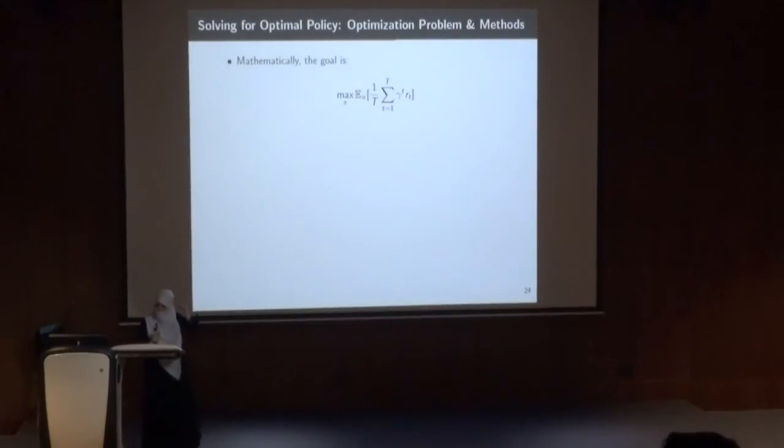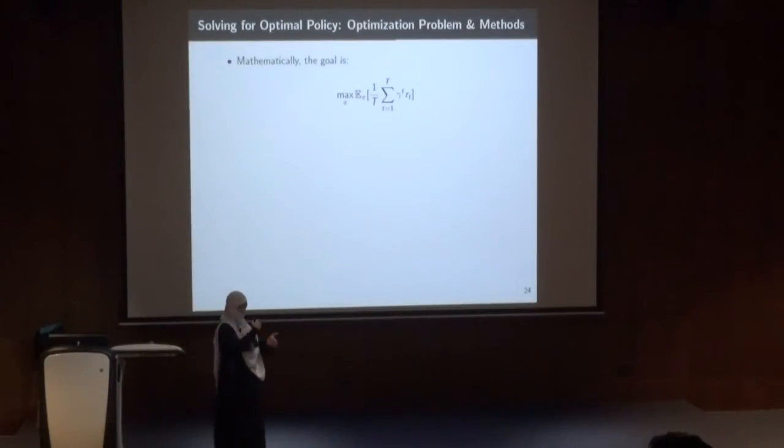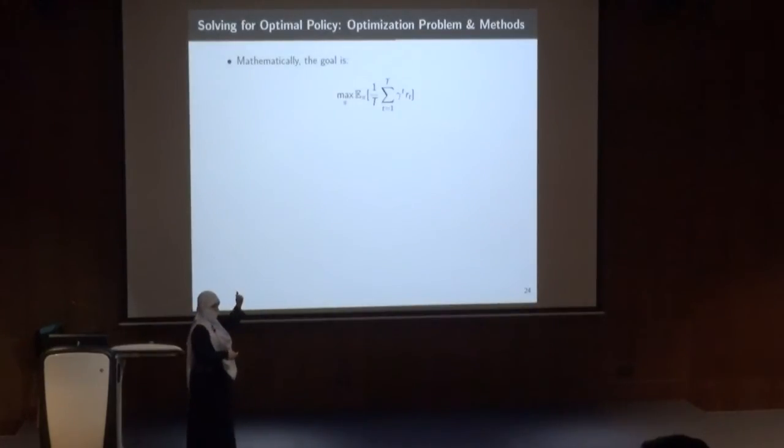Shouldn't the expected value be inside the summation? I think it's the same. Mathematically, it doesn't matter. But if we have a different probability of ending up in different states, would it also be the same? I don't think it matters because the expected value is a summation and this is a summation. You can interchange them. Sorry. And gamma, what is gamma? Gamma is the discount. So the reward at time step t should be higher than the reward at time step t2 when t is smaller than t2. Remember the slide? Okay, to avoid infinite paths.